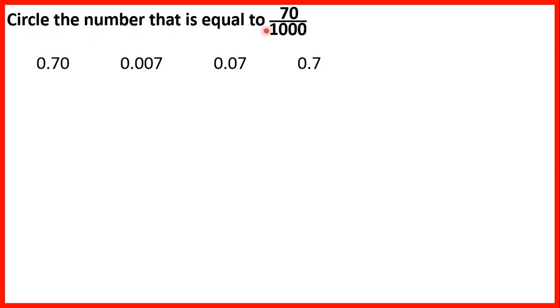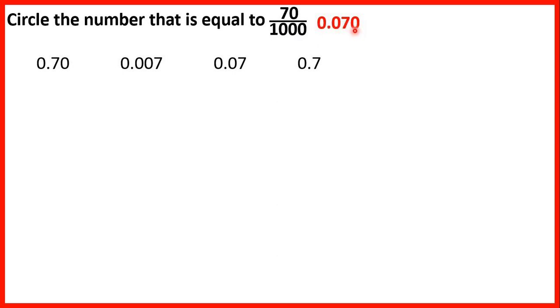Circle the number that is equal to 70 thousandths. So remember, with decimals, the first digit after the decimal point is our tenths digit, then the second digit is our hundredths, and the third digit is our thousandths. But we have 70 thousandths, and we can only have one digit in each place value. So that means the 7 from 70 in our numerator needs to get pushed over into our hundredths place. Remember, with decimals, because we can only have one digit in each place value, digits get pushed over to the left. So 70 over 1,000 is written